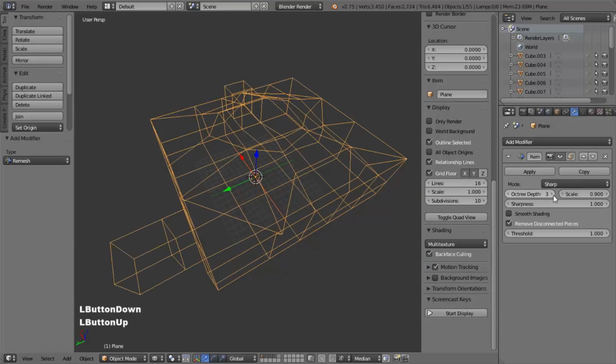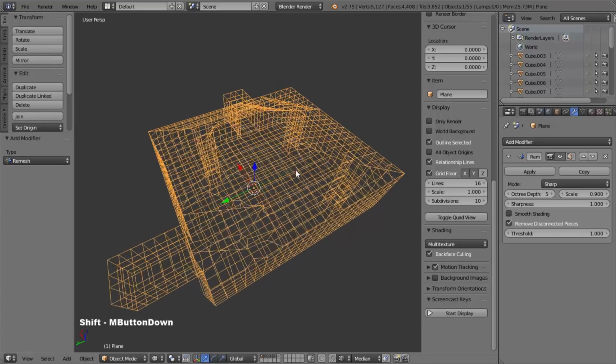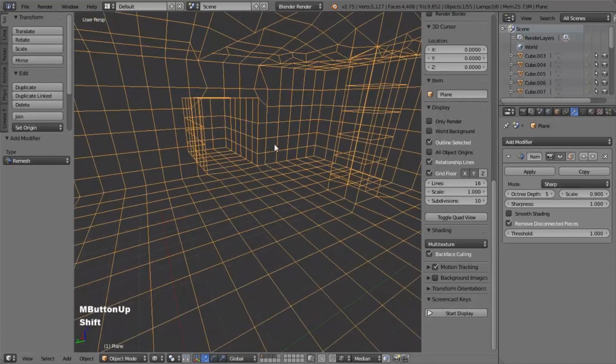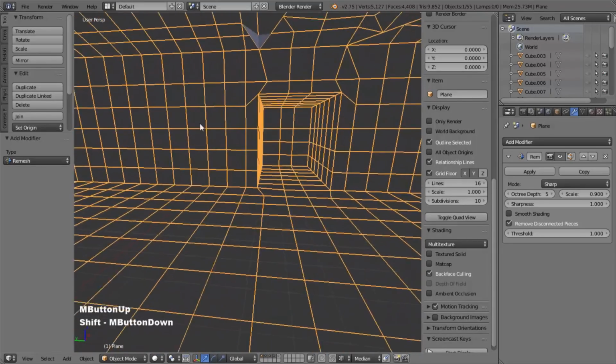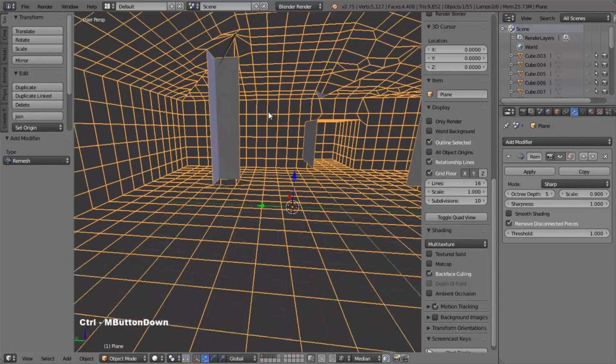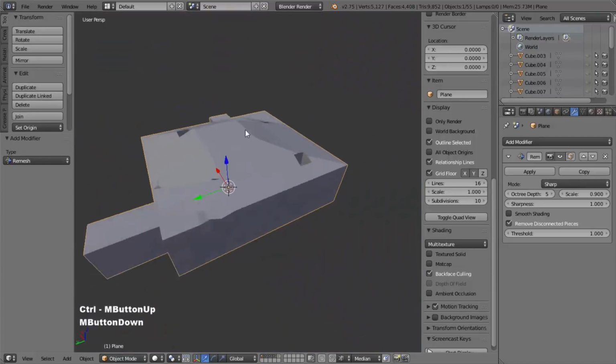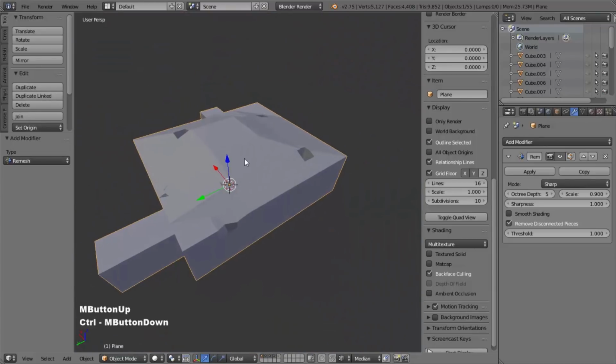So if I change the octree depth to, let's say 5, and then zoom back inside the object, if I go into my solid view, even though these normals are flipped, you can see I now have my columns back in place. Okay, the next thing, if you look at the roof of the cavern now, and I'm going to go into wireframe,